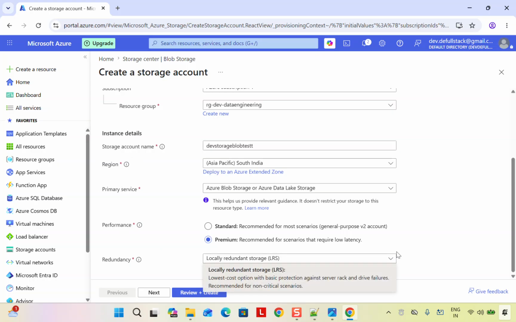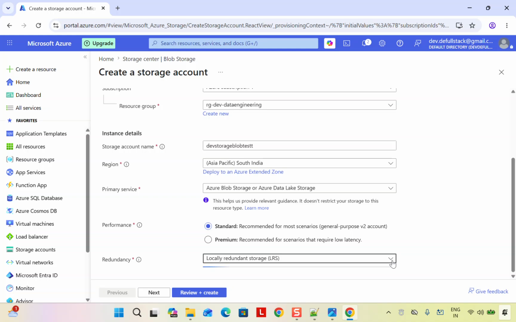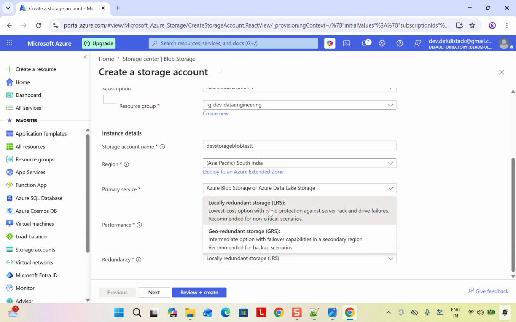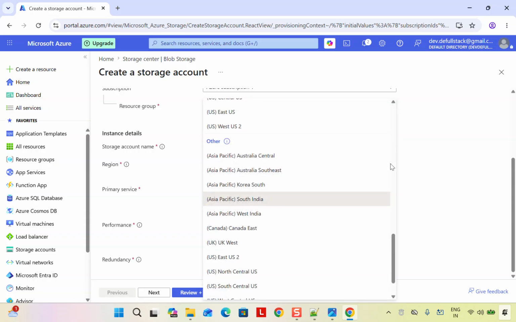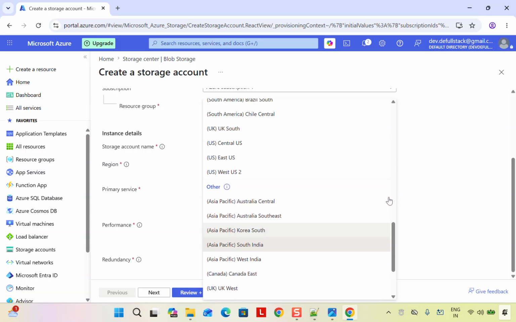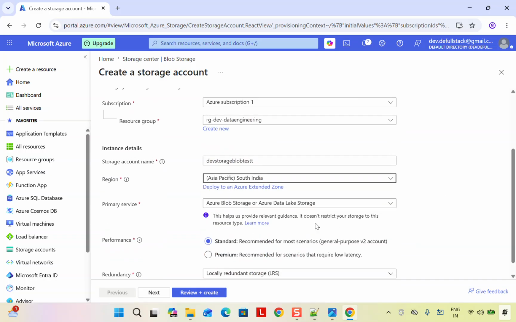So you see, when you click on that drop down, since we have chosen this premium one, we are getting only locally redundant storage. So we'll understand what is this locally redundant storage. But when you click on the standard, we'll be having two different options, LRS and GRS. But if you are choosing any other region based on the available, let's say, if you are choosing, right, let's say